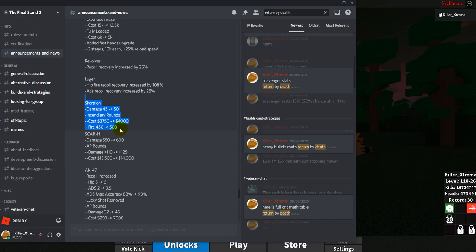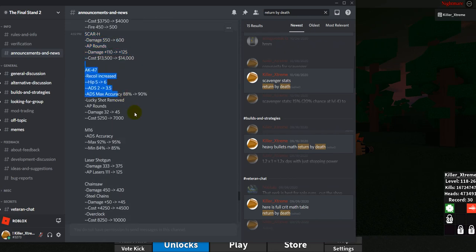Scorpion, still trash. D tier, not worth your Robux. Scar H, still trash, not worth your Robux. AK-47, recoil increased. No lucky shot anymore. Still true. I'd put it...